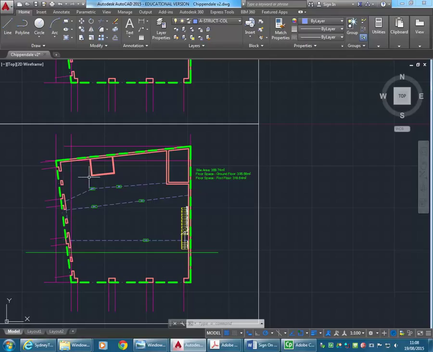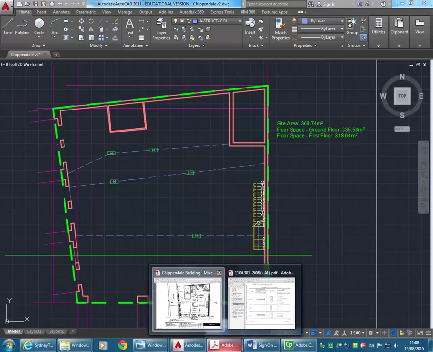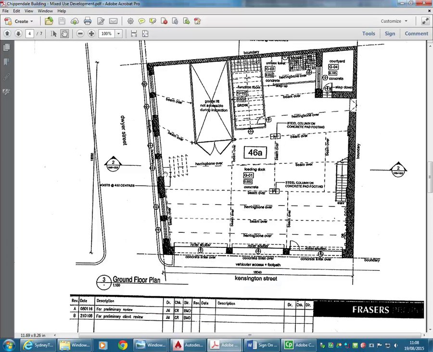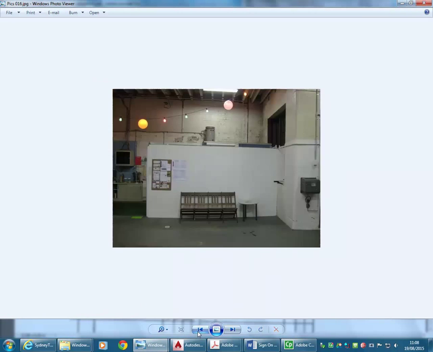It all comes from drafting on a drawing board, where you could just lay your tracing paper over the floor plan and draw over the top of it, imagining where the ceiling elements are projecting through the floor plan. So with the floor plan that I have here now, I can begin by offsetting from that wall that has these joists parallel. I think we can just assume that the spacing here, 450, starts from the wall, and if you can find any photos that show that wall, we can maybe